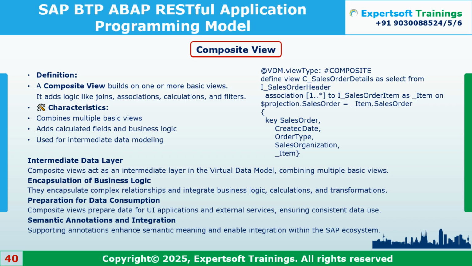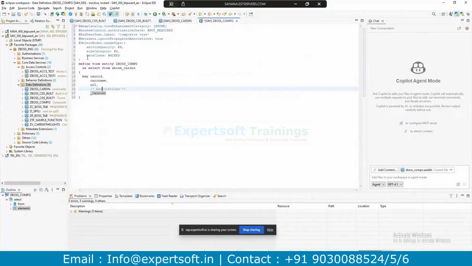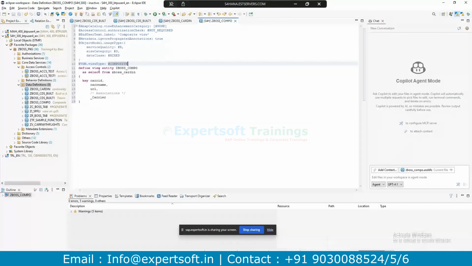It acts the same, but only the annotation for view type is composite view. It's a recommended way. It's not mandatory, and it doesn't change the behavior. Just like cardinality, we are giving the instruction to the CDS compiler that this is a composite view and will have multiple things, and you can have composite features. In the basic view, we have only limited features because we are already directly fetching from the database table.